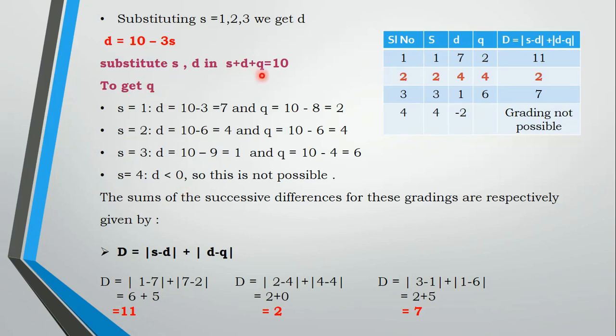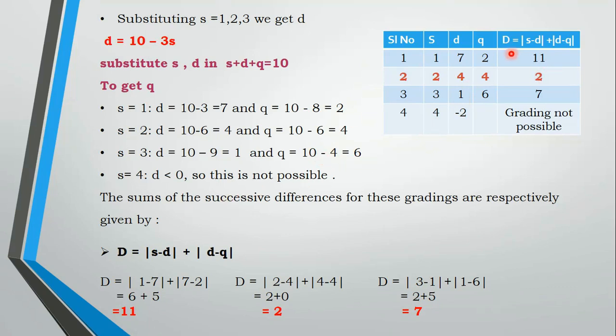Then you need to find how many quadruples, that means 4 number of connections, could be done. For that use this expression: S plus D plus Q is equal to 10. You know S and D, go on substituting. So Q is equal to 10 minus 8 for the first one. Singles and doubles are 1 plus 7, that is 8. 10 minus 8 is 2. Similarly for the second one, 4 plus 4 is 8, 10 minus 6 is 4. Then for the third one, Q is equal to 10 minus 4, so singles and doubles become 4, and 10 minus 4 is equal to 6.